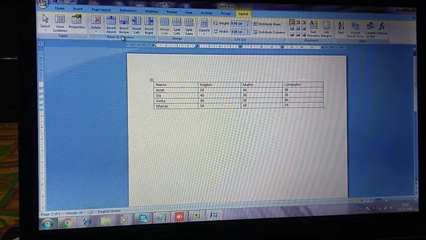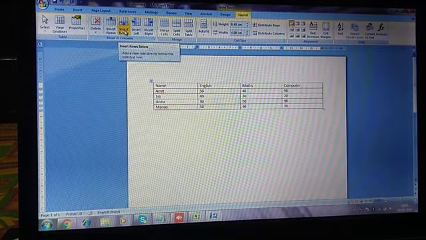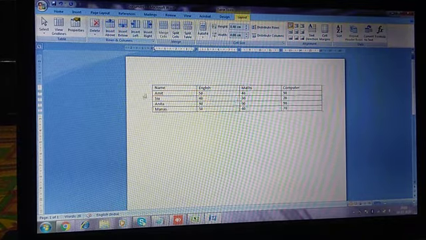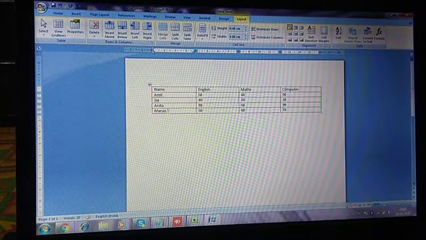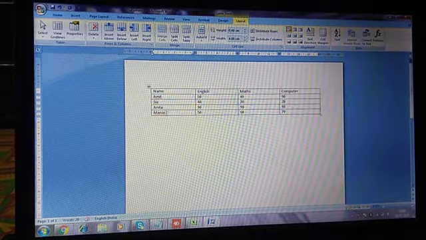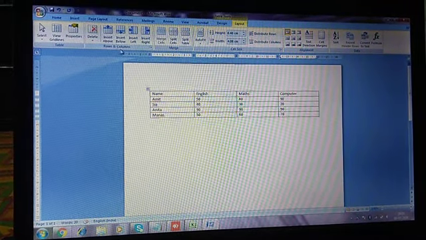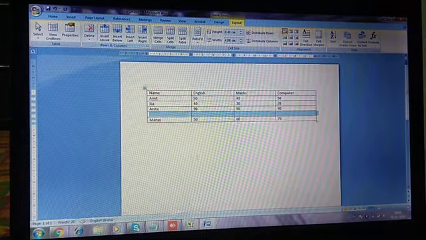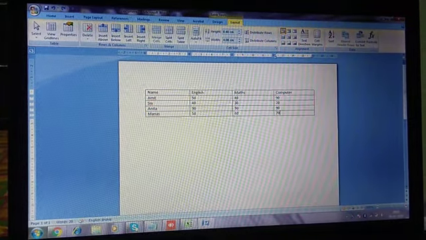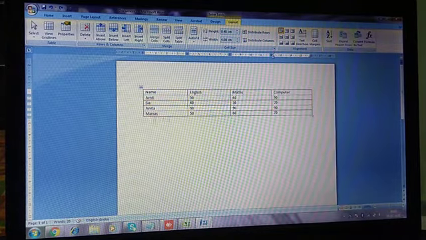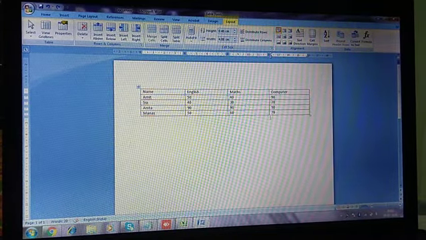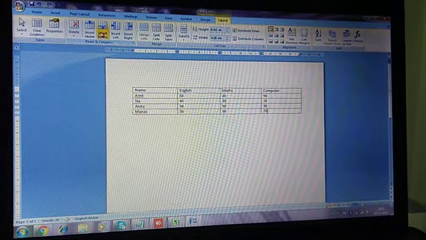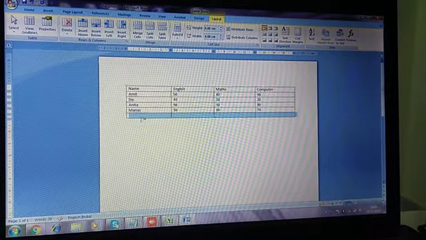If I want to insert the row below the Manas row, what I will do, I will click after 70 and choose the option insert below. See, one more row is added.